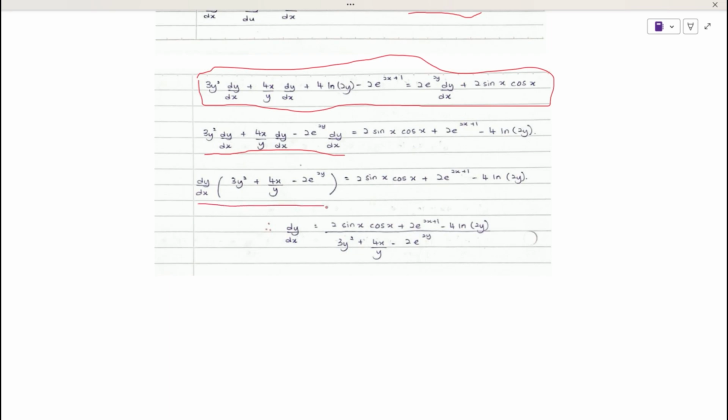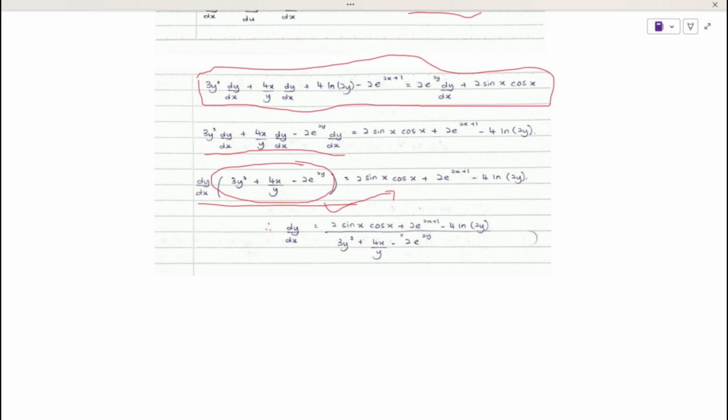This is what we get after we factorize it. After we factorize it, we need to bring this to the right hand side, which is, we need to move them to this. So after we move this equation to the right hand side, we will get dy over dx equal to 2 sin